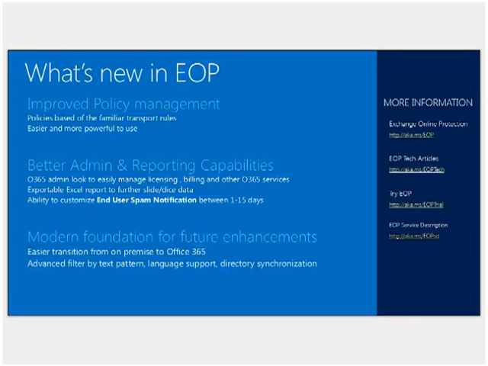To talk about better admin and reporting capabilities, there is a similar look and feel to Office 365 to manage your billing and licensing needs. If you want to add on or top up any of your services, you can do that. You can continue with Exchange Online Protection standalone, or you can add services on top of it. For reporting, downloadable Excel workbooks are available, so you can work with reports in real time. Once you click refresh, the engine will go out and get the latest data into the workbook for you to work with.